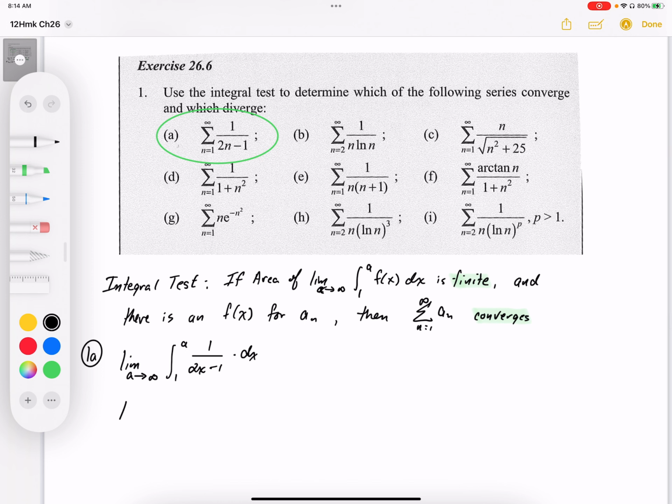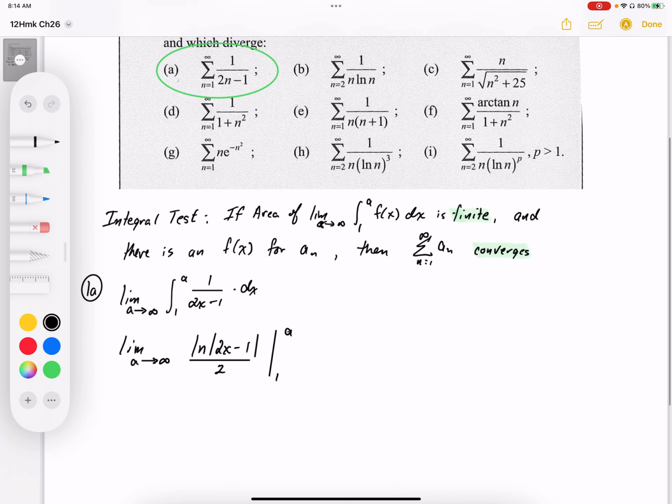So the limit as a approaches infinity, and we're going to end up with log of 2x minus 1. And because of that extra 2, we need to divide by 2, and our bounds are going to be from 1 to a. So we're going to substitute in those bounds. So we're going to have the limit as a approaches infinity of, I'm just going to take that 1/2 out of there. So we're going to have 1/2